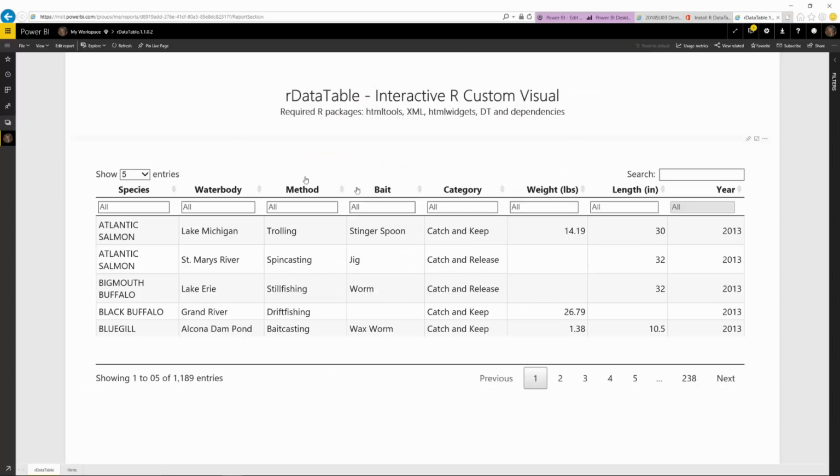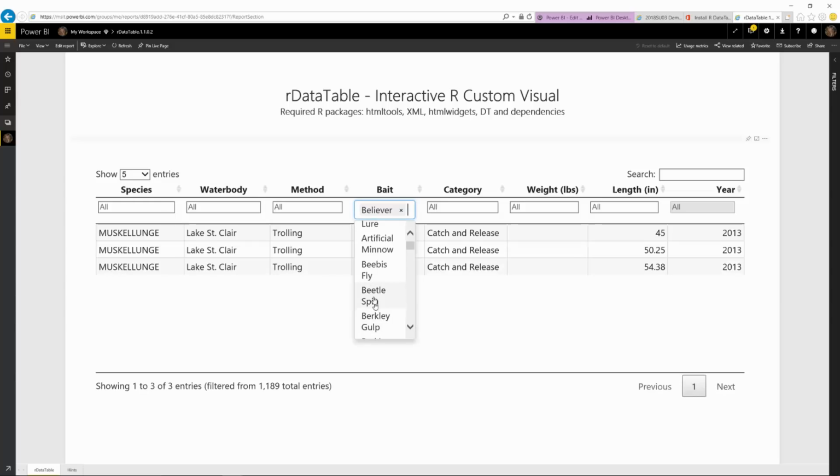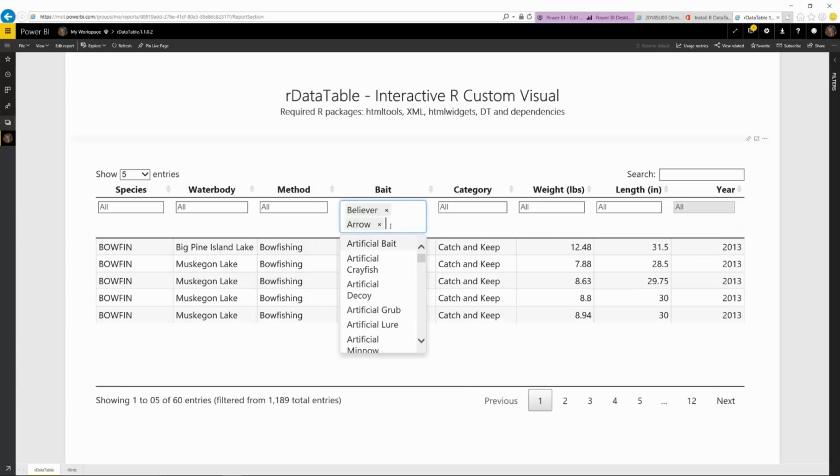So you can see here, I'm looking at it in the Power BI service. You can use it on the desktop too, of course, as long as you have the required R packages installed. And what you can see here is, of course, a nice table layout. And just by clicking right under the header, you can choose to filter things down. So if I want to filter the bait to a believer, or if I'm really cool and I want to shoot the fish with an arrow, I'm assuming that's shooting with an arrow. I don't actually know anything about fishing, but I can filter down my values,